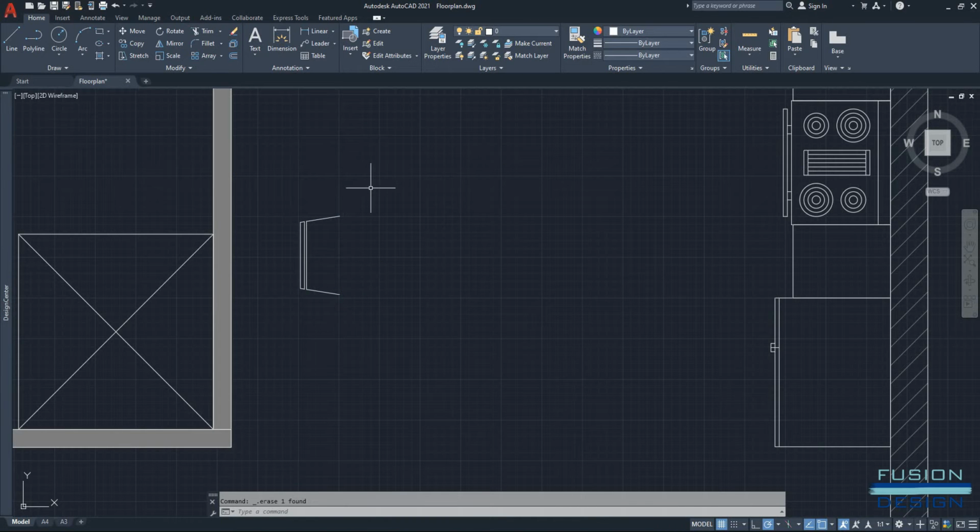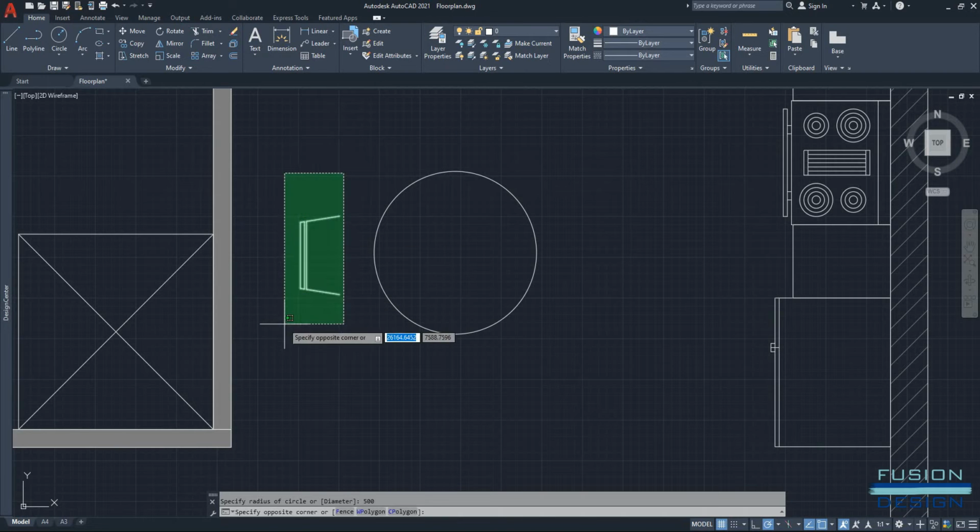Now draw a circle, so type C for circle, enter or space bar, select a center point in your kitchen. Move your cursor out. Currently the setting is for me to specify the radius. So I'll make the radius 500 mils